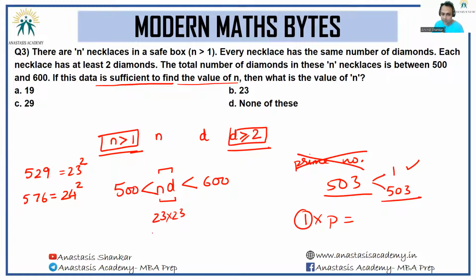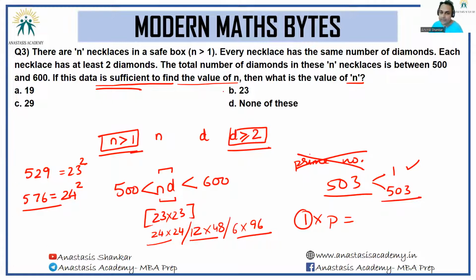But if I have 24 square, I could have 24 into 24, or I could have 12 into 48, or I could have 6 into 96. I can have multiple cases if 576 was the total number of diamonds present, multiple values of n, and then the data would not be deemed sufficient, which would mean the only possible value that will guarantee that you identify the value of n is 529, and the value of n in that case would be